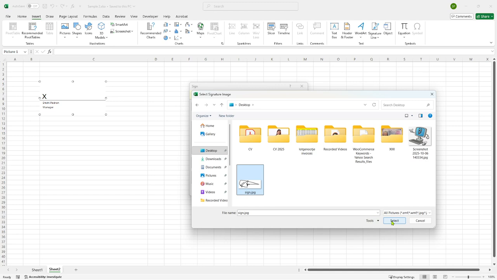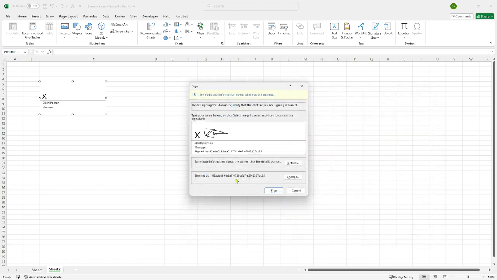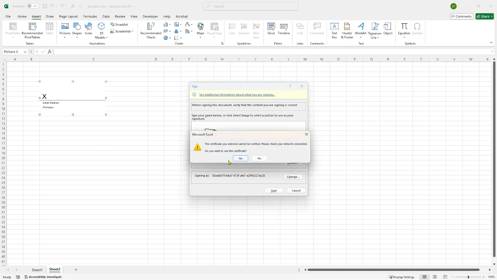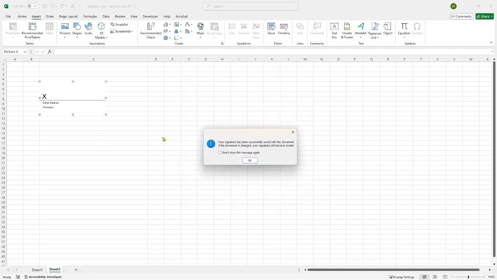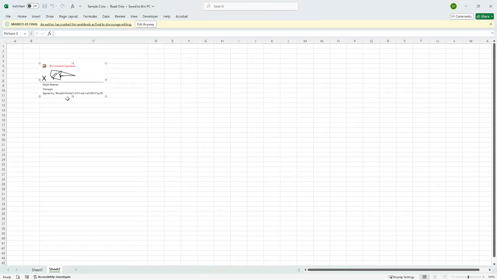Finally, after you've added your signature in your preferred method, click Sign. And just like that, you've added a signature line to your Excel workbook. This little feature can significantly enhance the professionalism of your documents, ensuring that your worksheets not only contain accurate data,